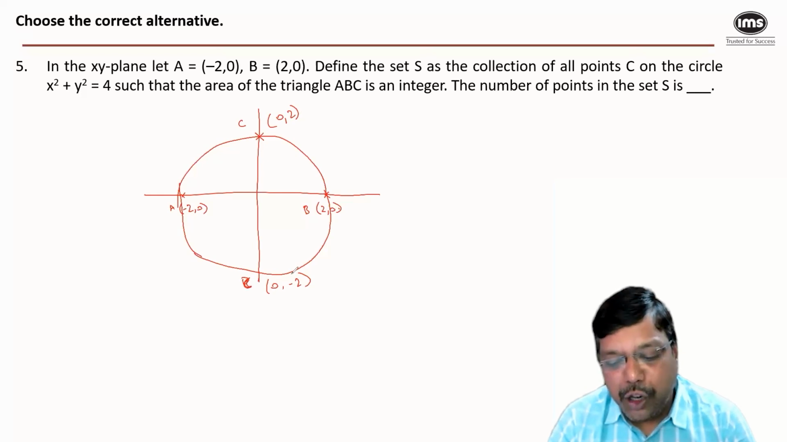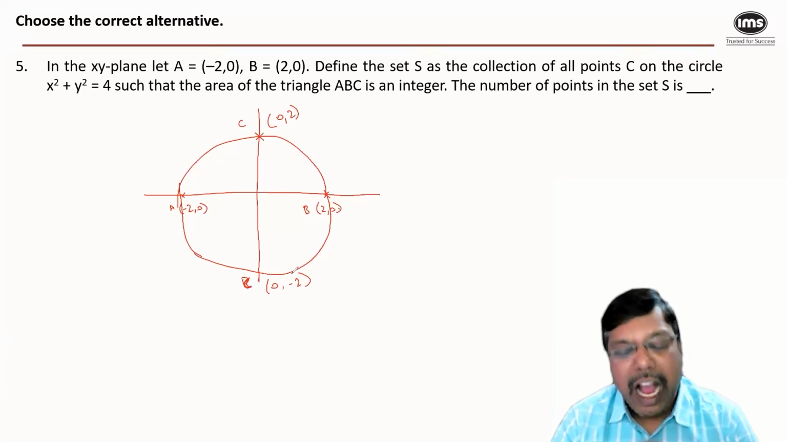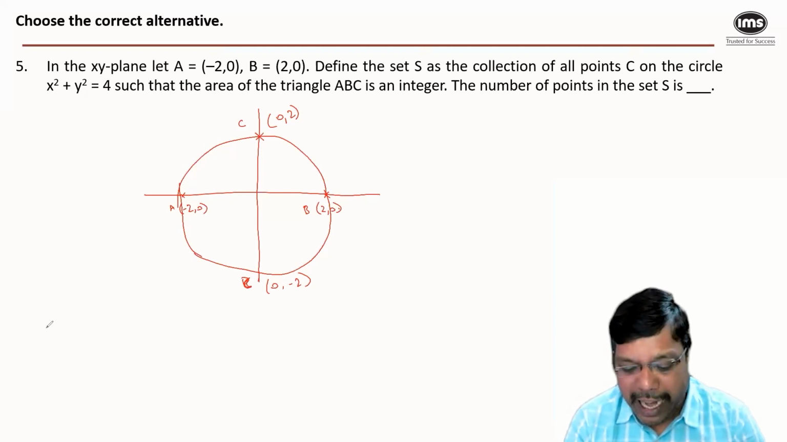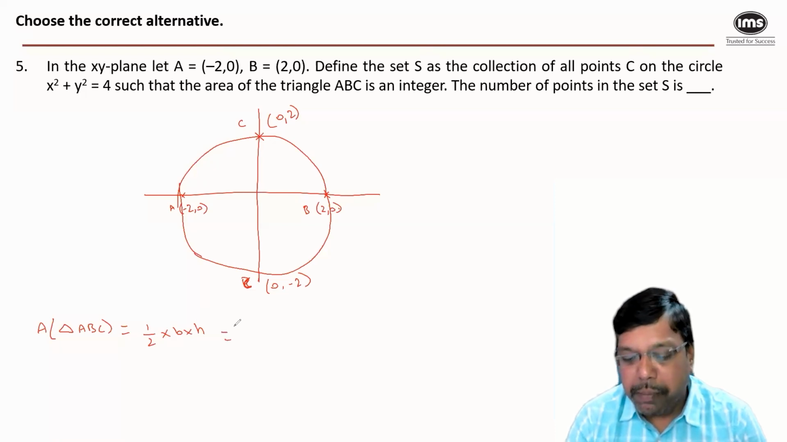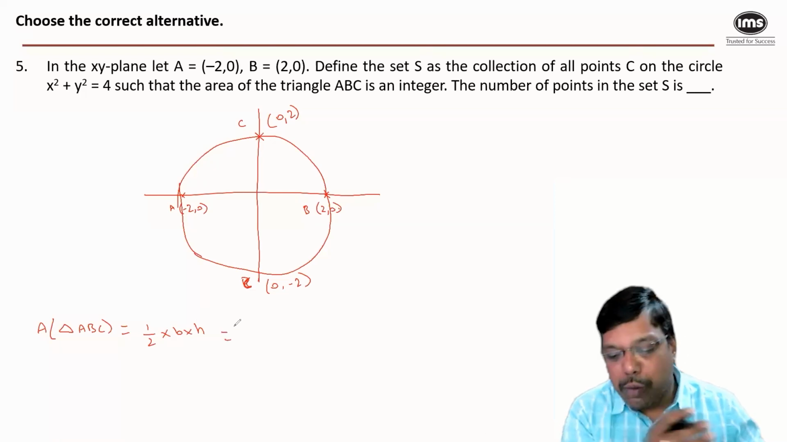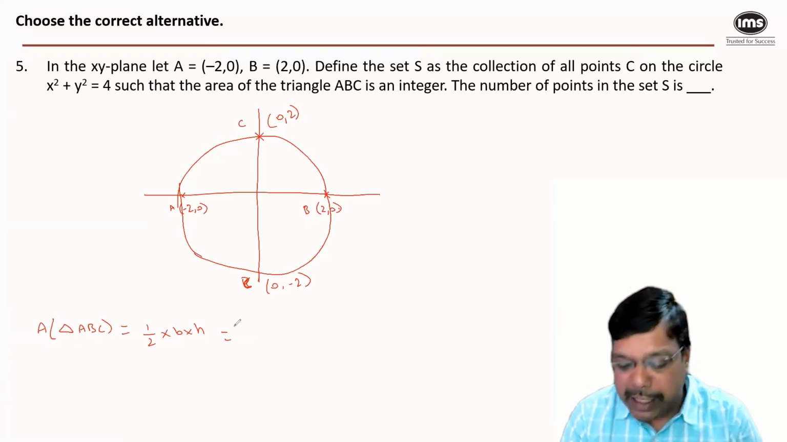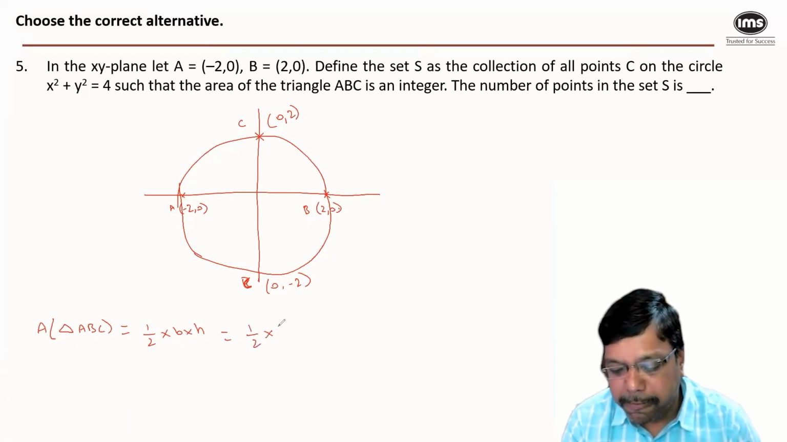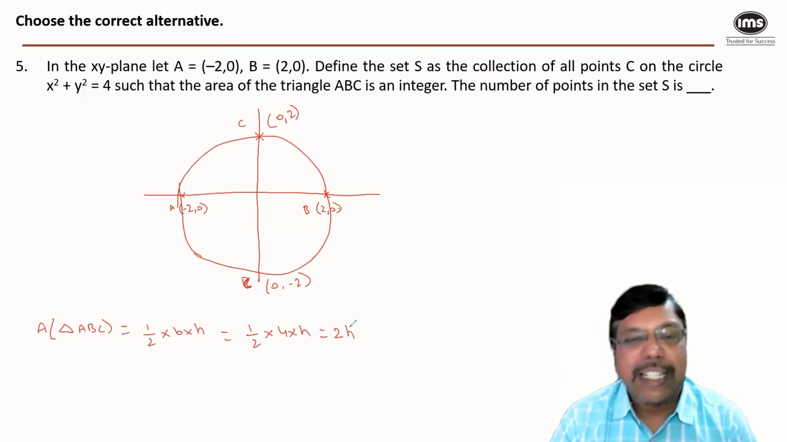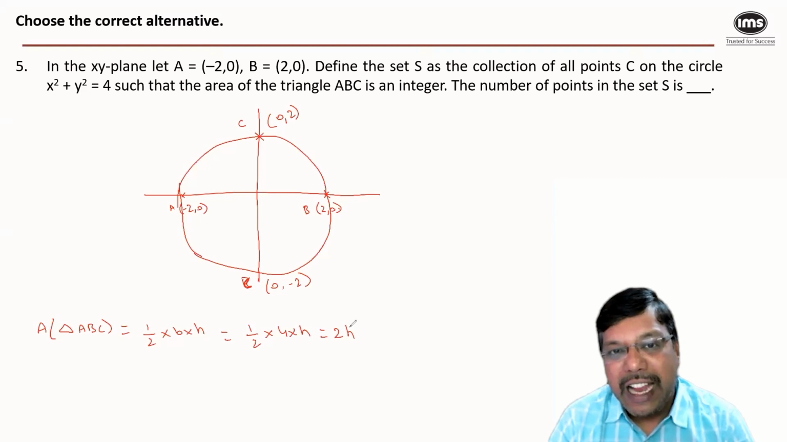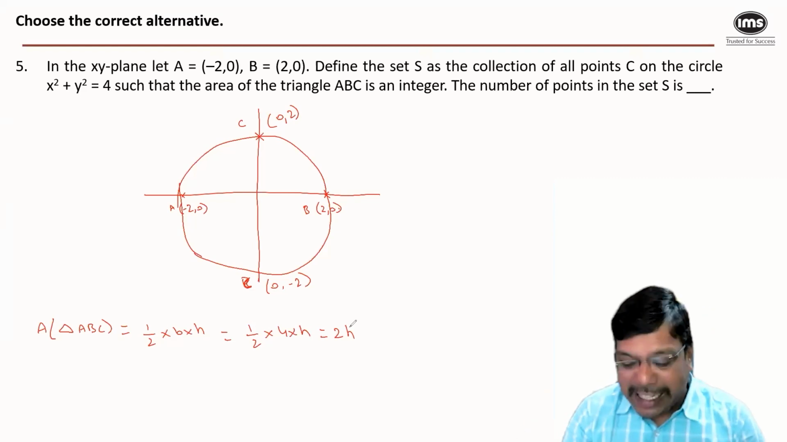Now, if I take 0 comma 2 as the point C, how do we calculate the area? We know the area of a triangle. Area of triangle ABC is equal to half into base into height. Now, the base is the line AB. So, minus 2 comma 0 to 2 comma 0, the distance is 4 into h. So, which means the area is equal to 2 into height. And since I want the area to be an integer,